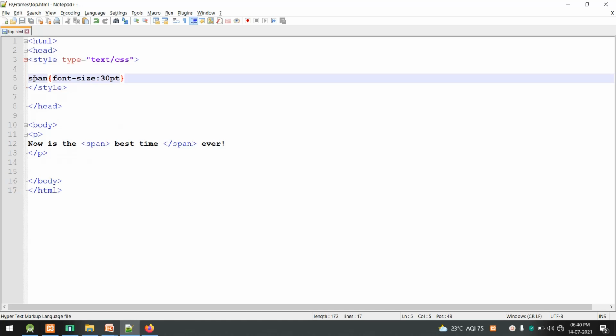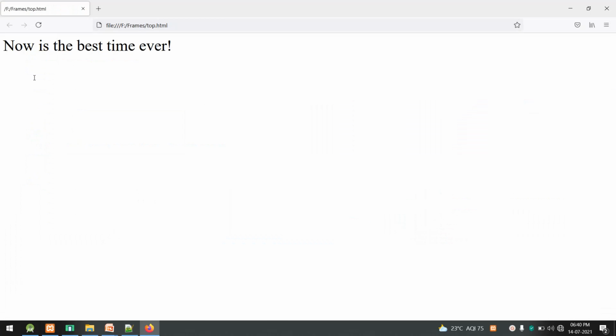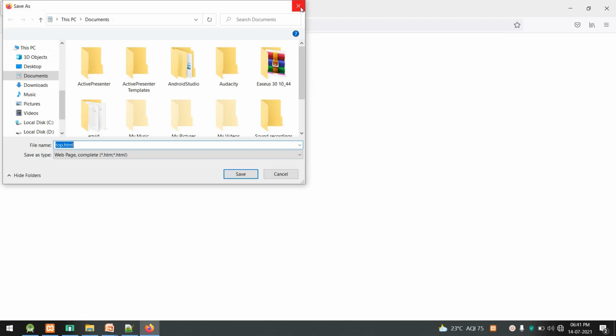Even a span tag may have an ID, so we may have multiple span tags in a document, and each of those can be identified by using an ID. So we have only one here. Now you can see the style has been applied only to part of the content in the paragraph tag, not to the complete content. So this is how a span tag can be used.